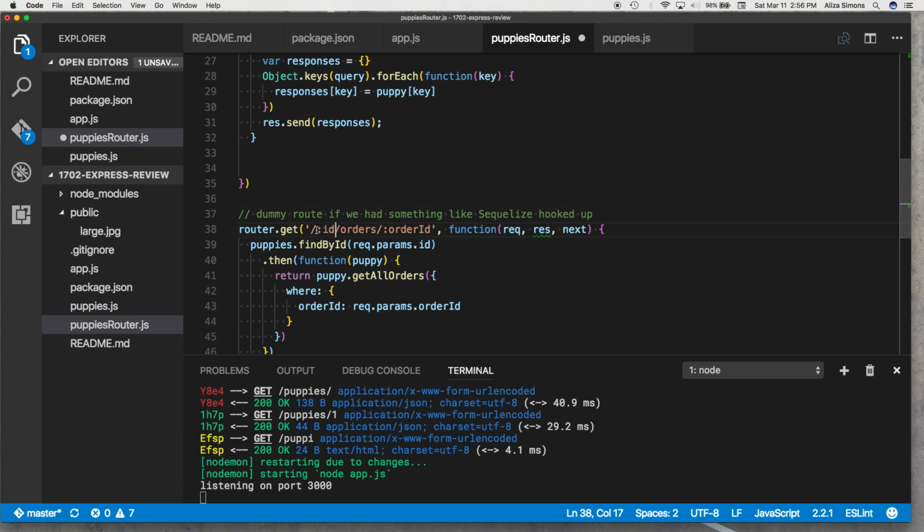So we're going to match first against this ID, and then find it by ID, and then take the puppy that's returned from that and find something specific. So it's really useful for querying some database, or maybe you actually